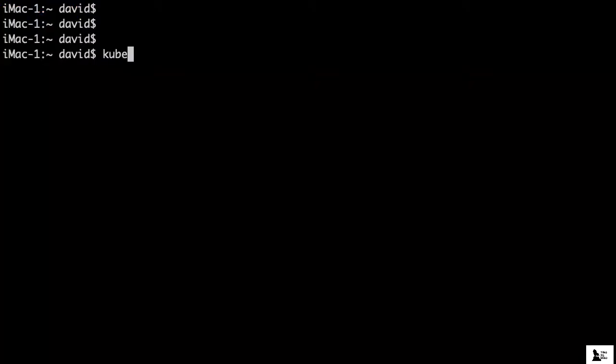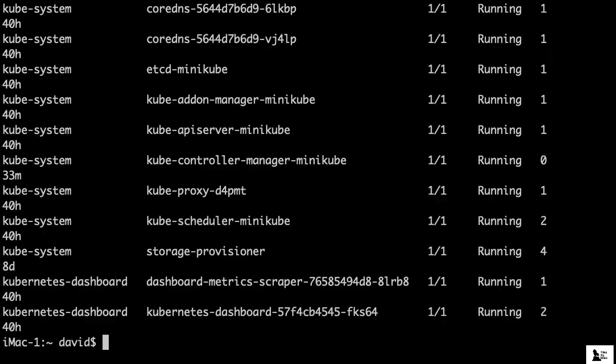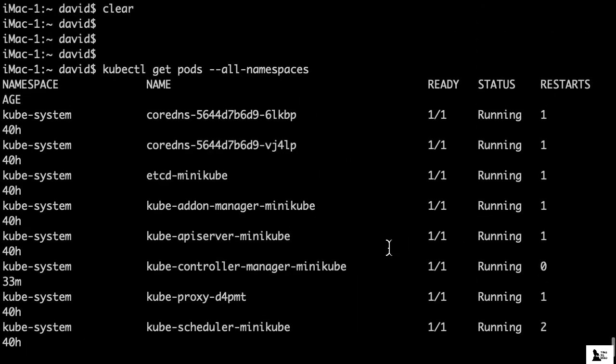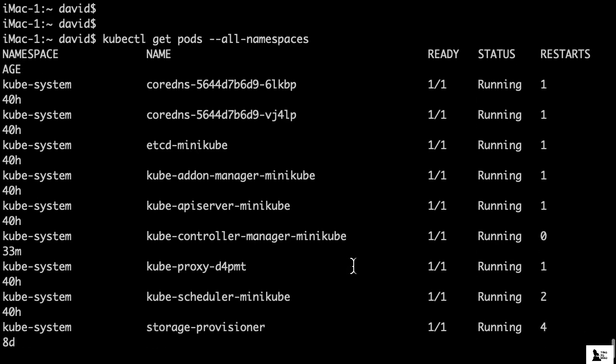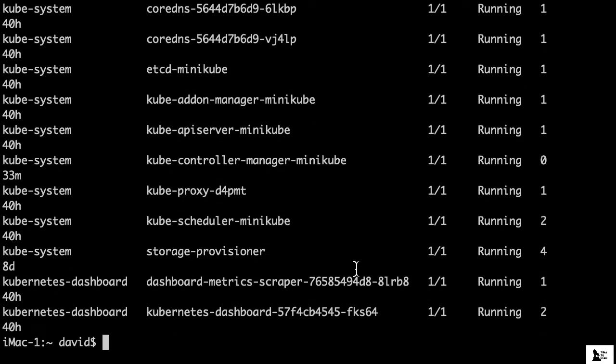If we jump to the command line and run kubectl get pods, and then use --all-namespaces, and we'll talk about namespaces more in just a minute, you can see that we have a number of pods running, and each one of these has a container inside, but you should see here the different services that make up the Kubernetes master. There's etcd, the API server, the controller manager, the scheduler, and a number of other optional Kubernetes master